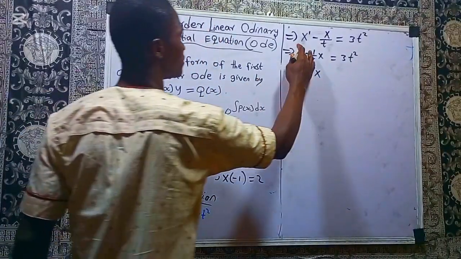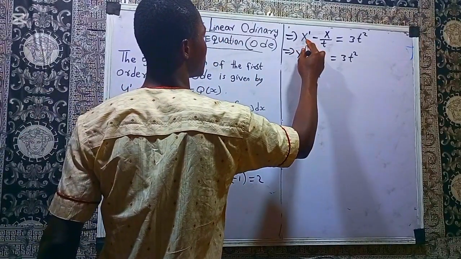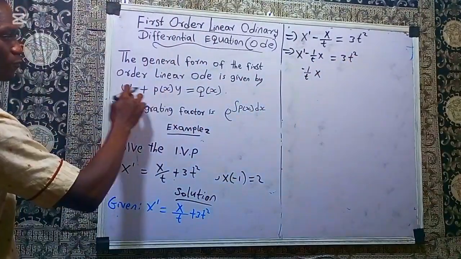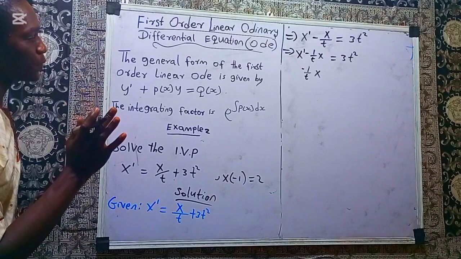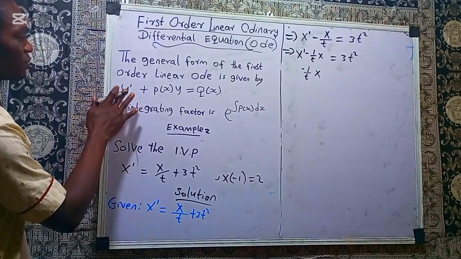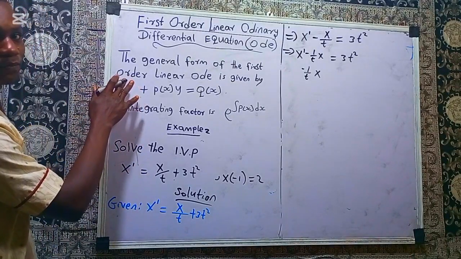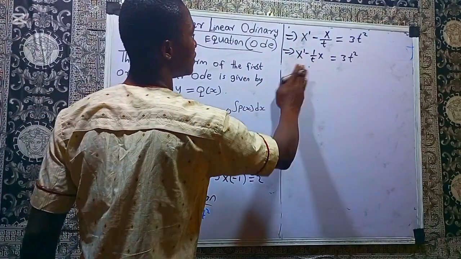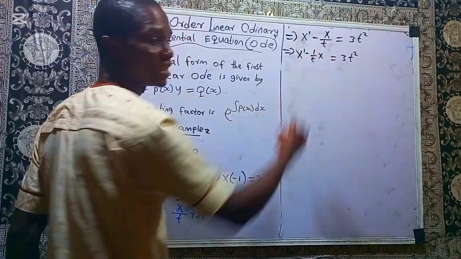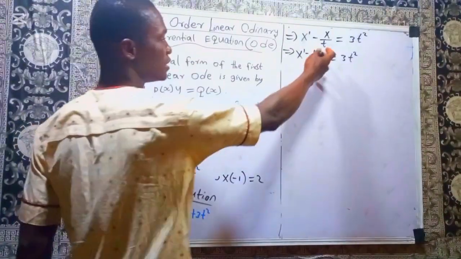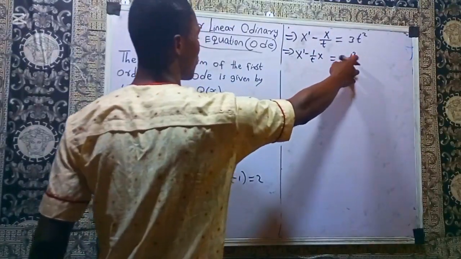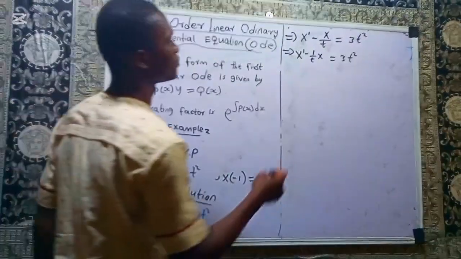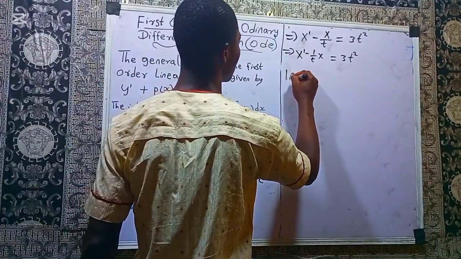Is now, if you compare this equation and this one, in the form it's supposed to be, right? So the derivative of the dependent variable, x is the dependent in this case, then this is the function of the independent multiplying the dependent, and this is the function of the independent alone. So our integrating factor